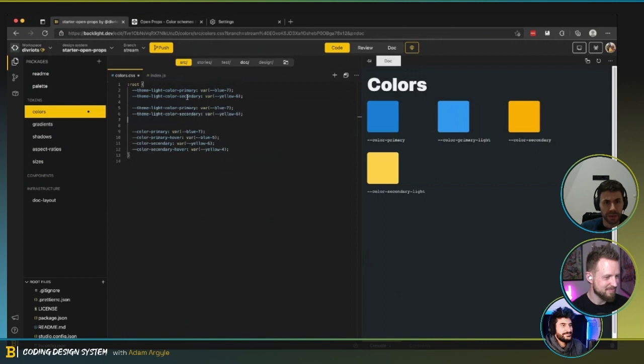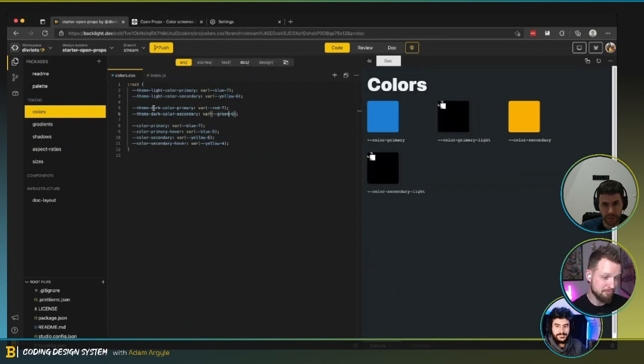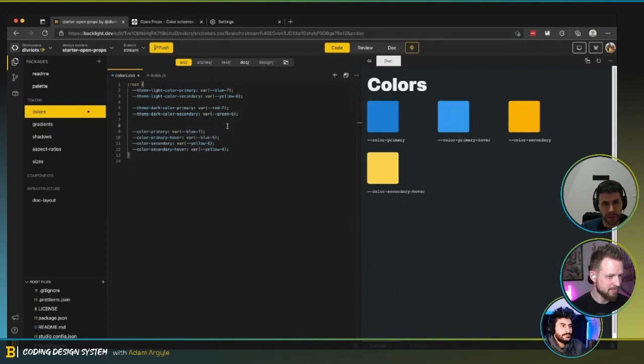And then we can do the same thing, but with dark. Yeah. And dark. And then we can slightly change that. Maybe for the sake of the demo, we can do a red and a green. And then what you